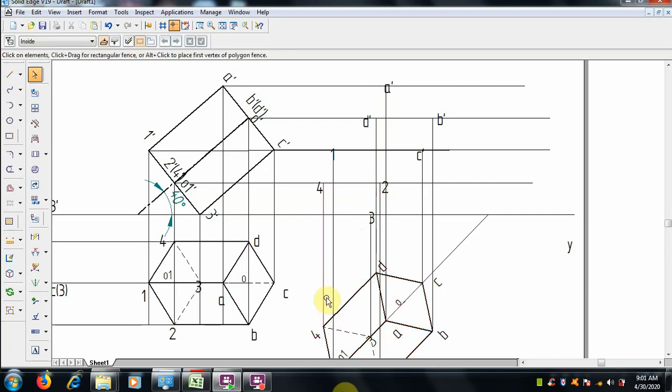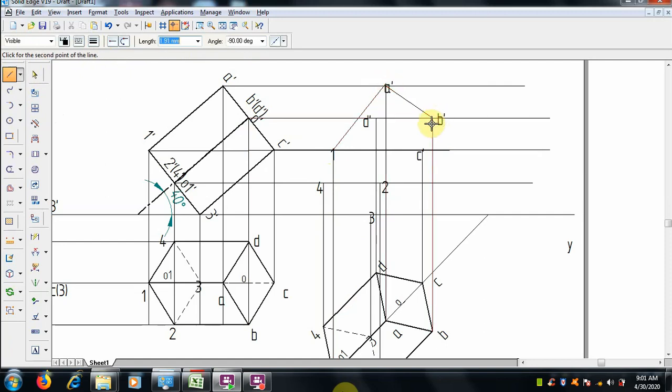So that can be done. The outer points which are there, now it is bounded over there. That is also one way we can do it.